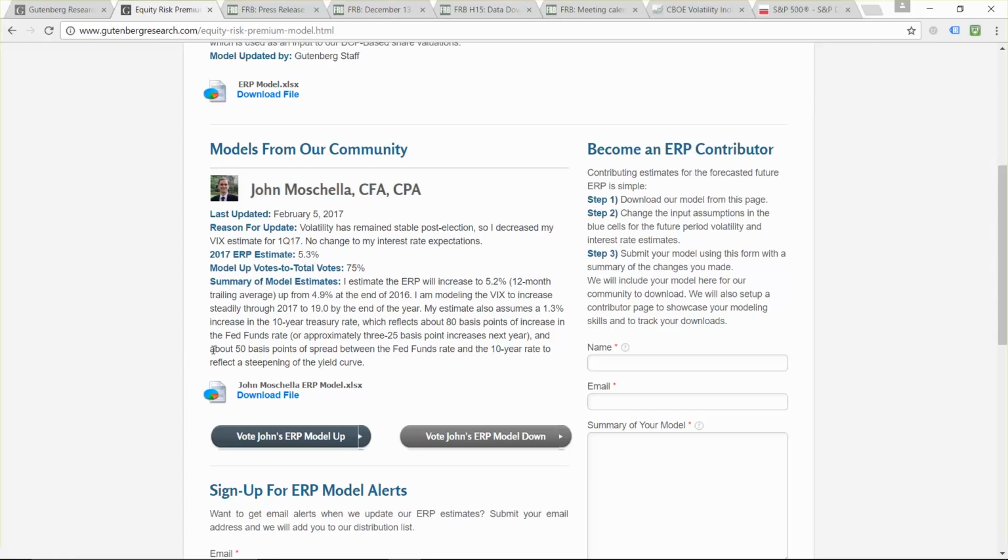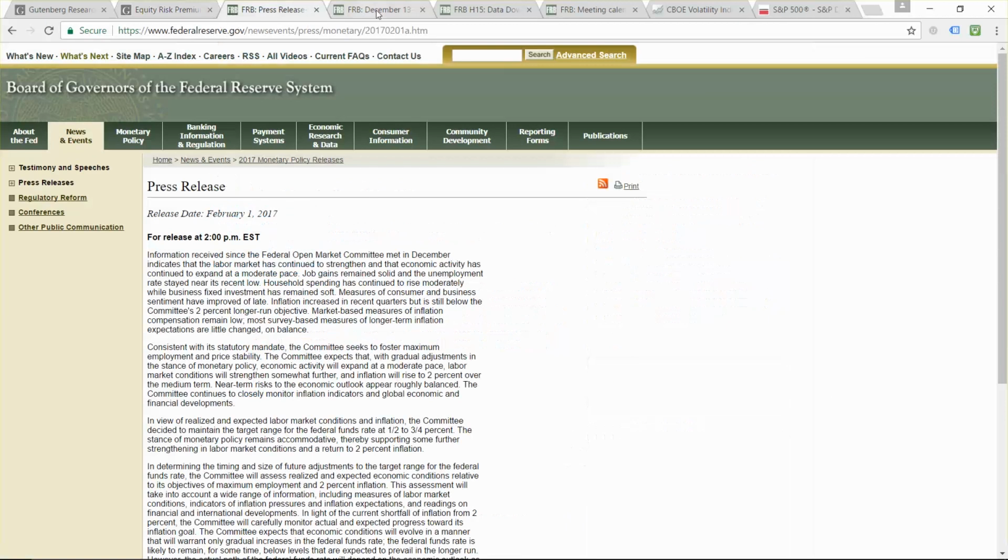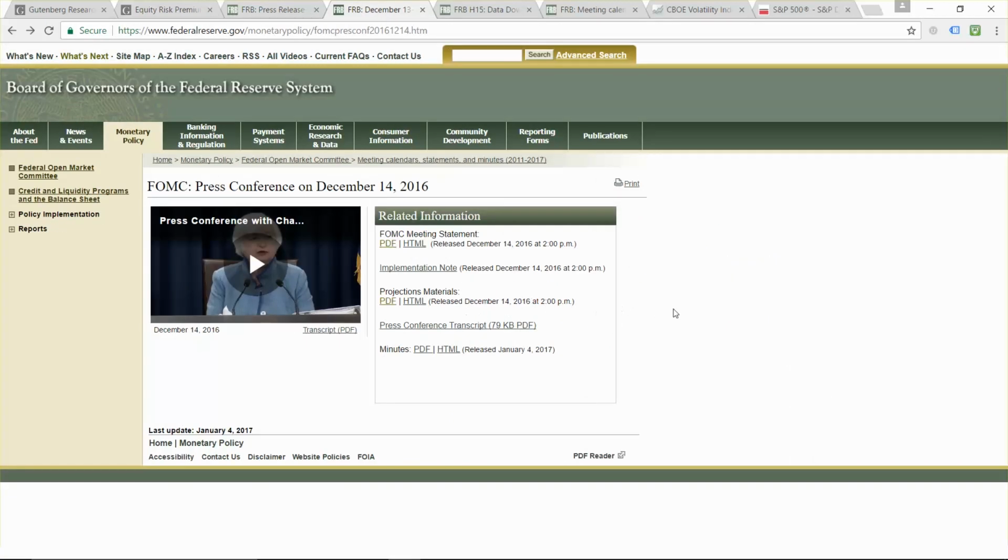And you'll notice that the estimate of the Fed funds rate is pretty consistent with what you've probably been reading out in the market. So there's no rocket science here. Everyone has the same estimate because everybody is just mirroring what came out of the Fed's minutes. So if you go to the Federal Reserve's website and you click on the recent FOMC press conferences, you'll see this download here, projections material. So if you click this PDF,